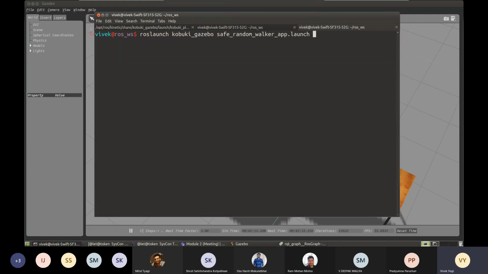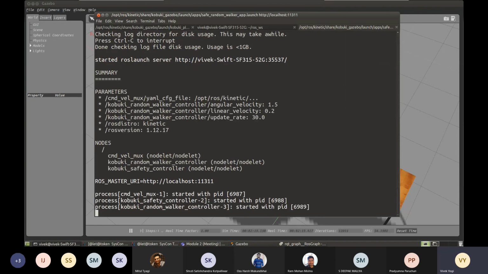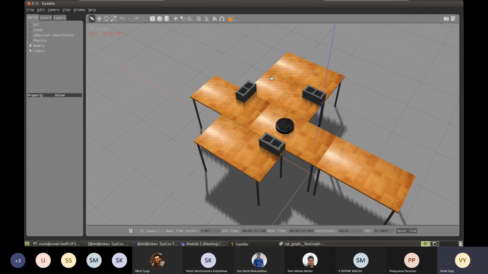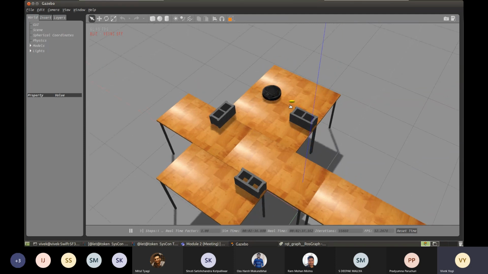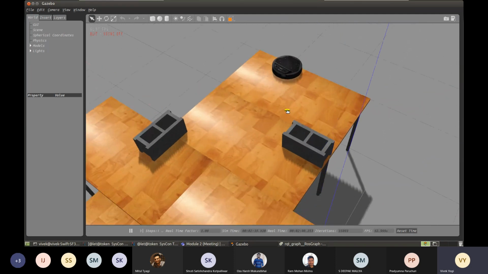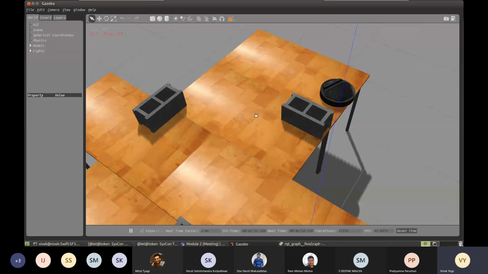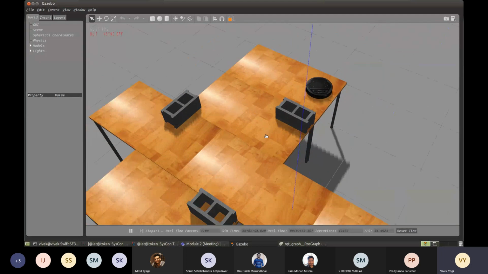Okay, I'm going to run this and we are going to see the gazebo window first. You see the robot moving, and let's see what it does. It hits the object and then it is trying to go there, and now you will see this robot has a sensor called a cliff sensor. It will sense that it is near the edge of this table, so to prevent it from falling, it senses that edge and then it comes back. So it is just randomly navigating. The purpose of this exercise is just to show you how it looks in action, nothing else. So it has got some sensors and all those things.